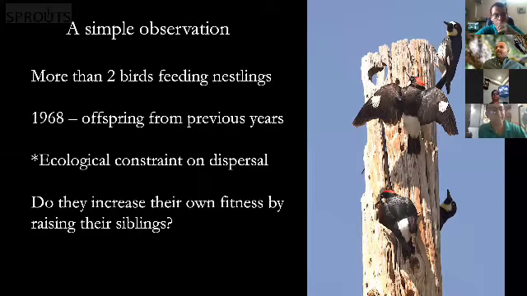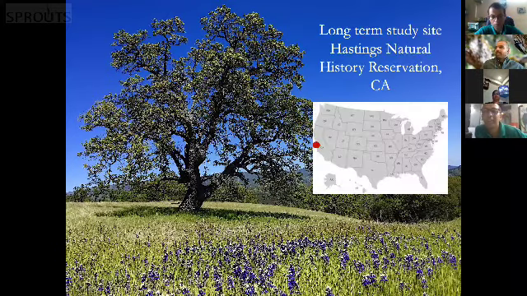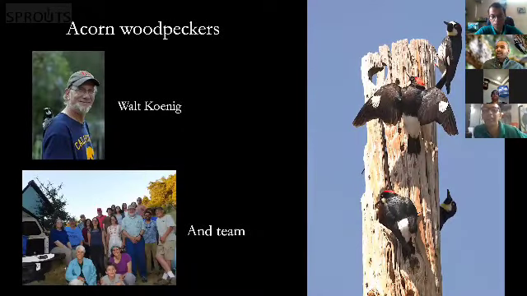Okay, great. So all the research that I'm going to talk to you about today took place in this place, the Hastings Reserve in Carmel Valley, California, and it's about there in the United States, in central coastal California, and it's been led by this guy Walt Koenig, who started research there in 1970, and over 200 people have worked on this project, including me, and I only started in 2017. Okay, so I'm going to be talking to you about literally hundreds of thousands of hours of data collection in the field.